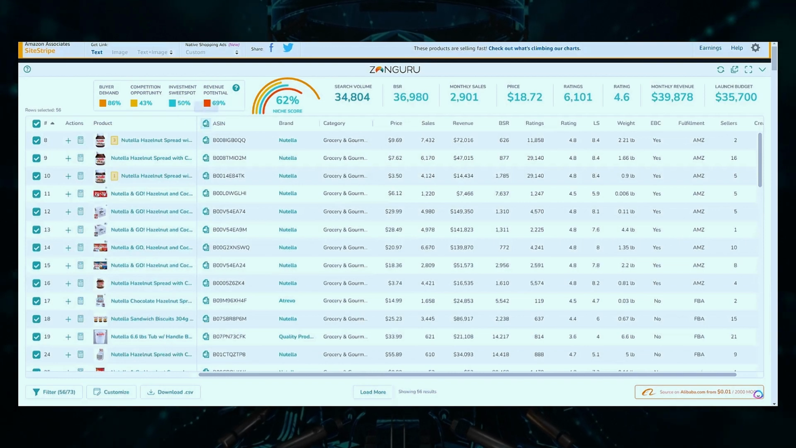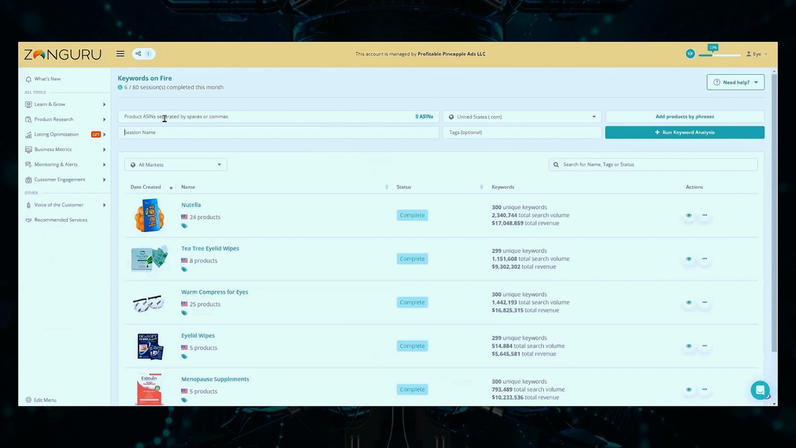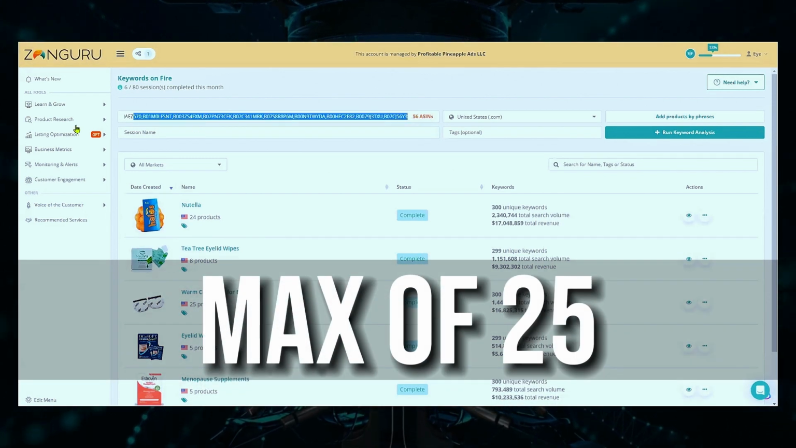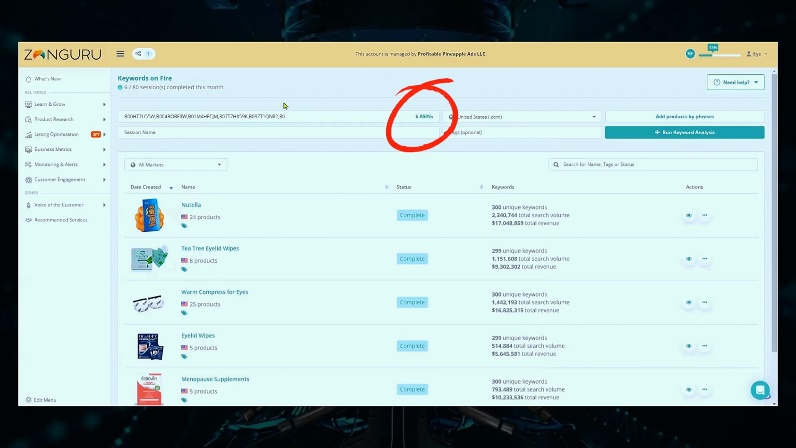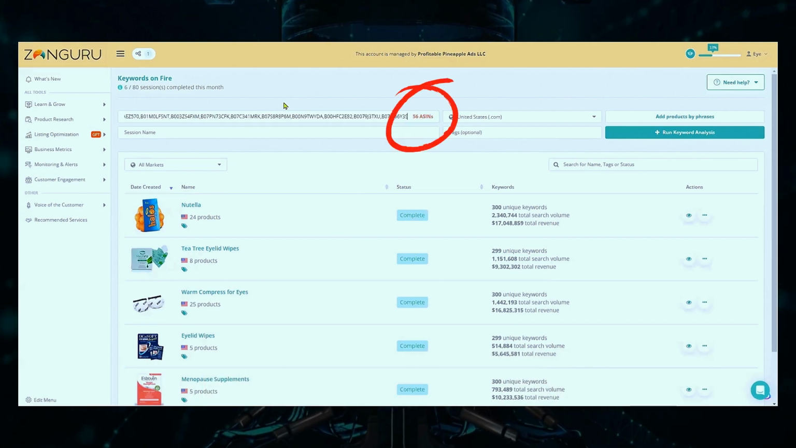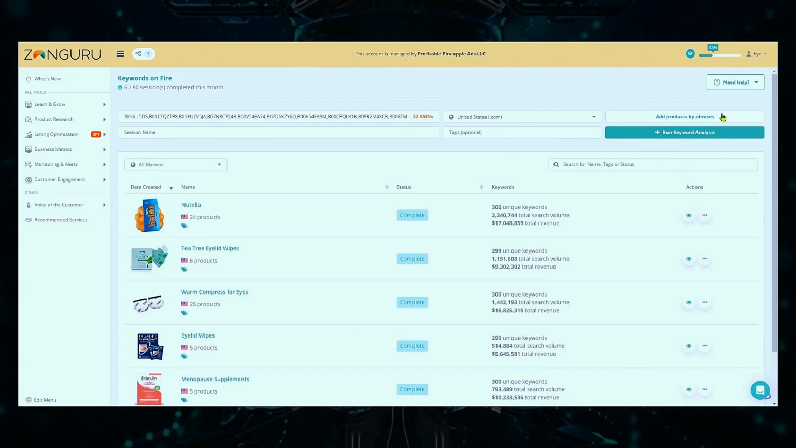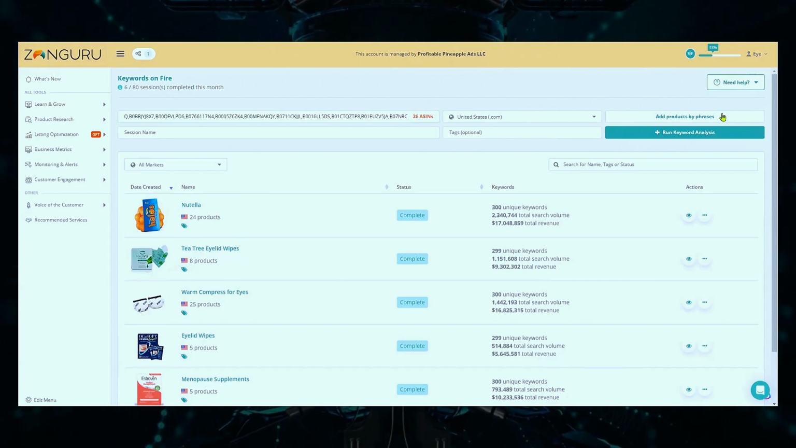But I'm going to copy these selected ASINs, go back over to Zonguru. We're going to put all those in here. You can only have a max of 25. So I'm just going to delete a bunch. Oh, that's too many. So we'll just delete down to 25. There's 34. Once we get down to 25, we'll then